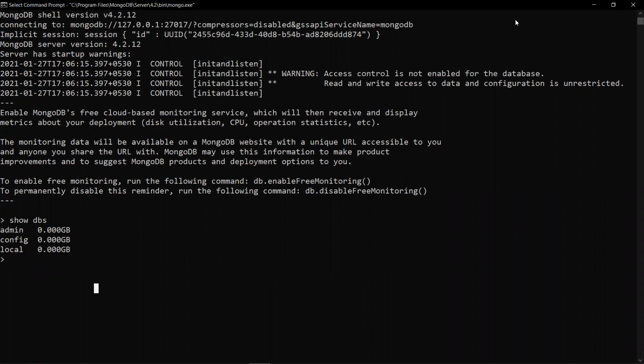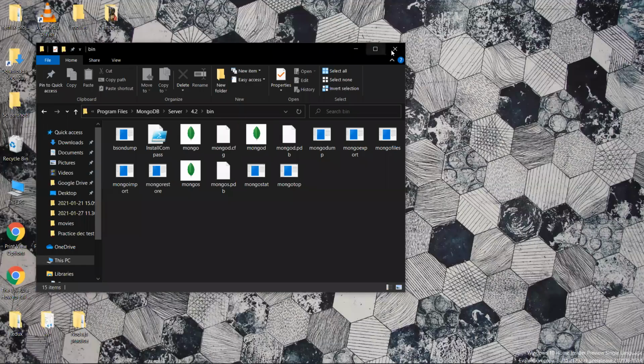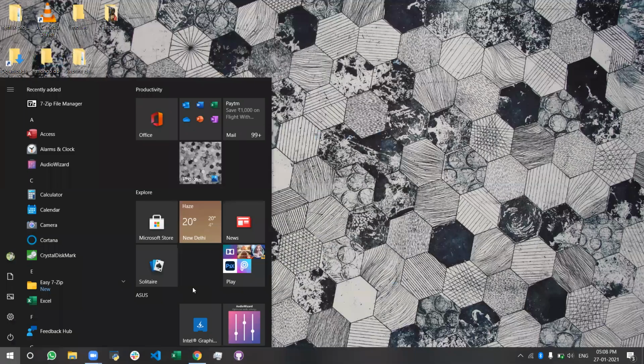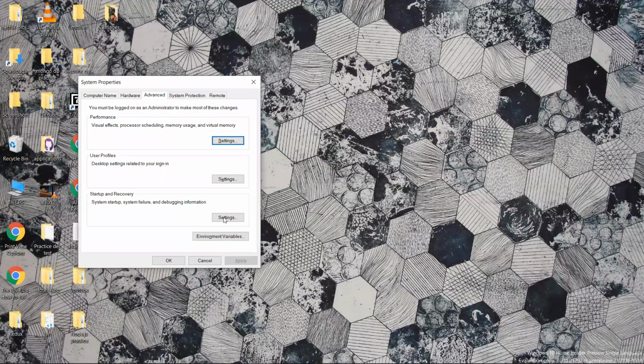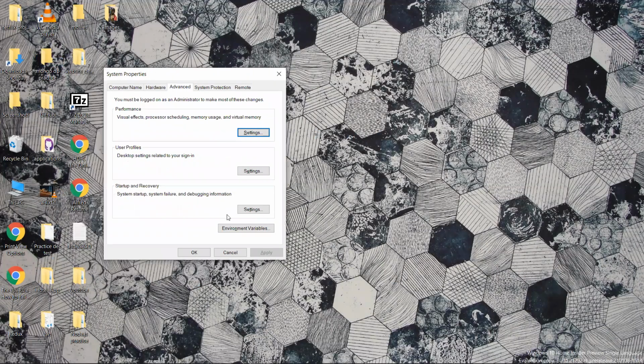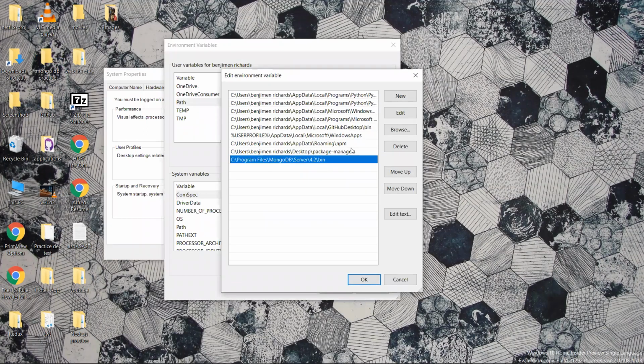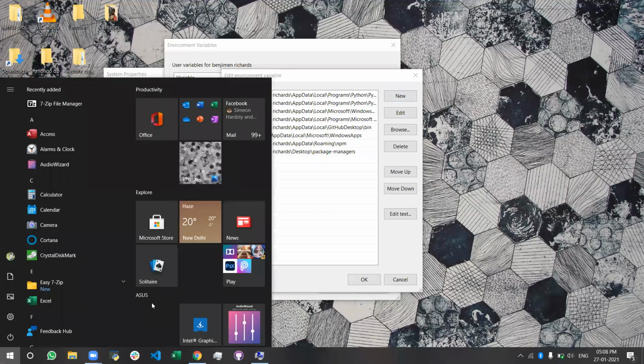So there is another shortcut you can do for this. Close your cmd, type sysdm.cpl, and you get this pop-up window. Then in that window click Environment Variables and click on Path, go to Edit. On this edit, click New, go to your